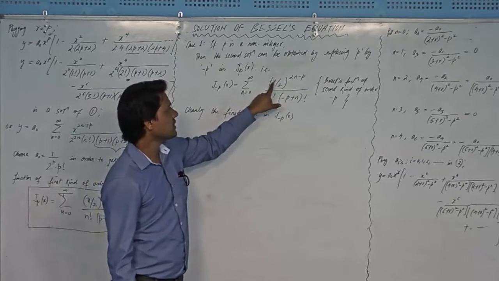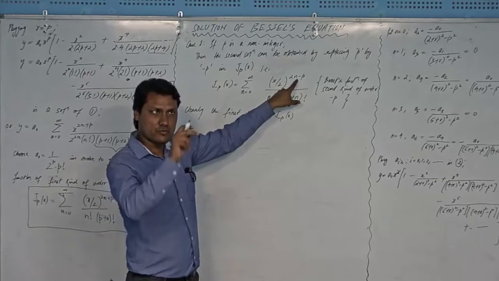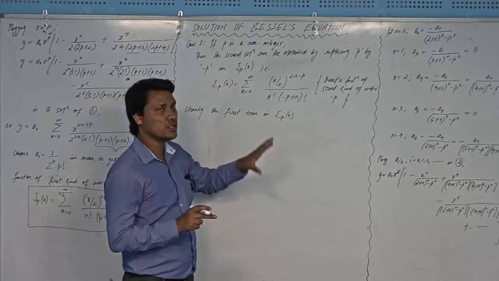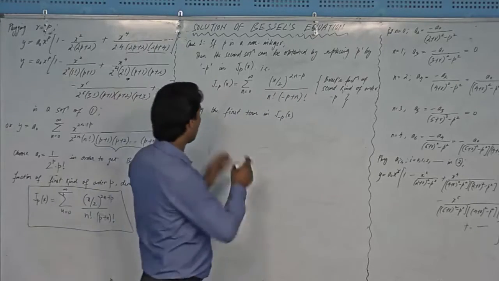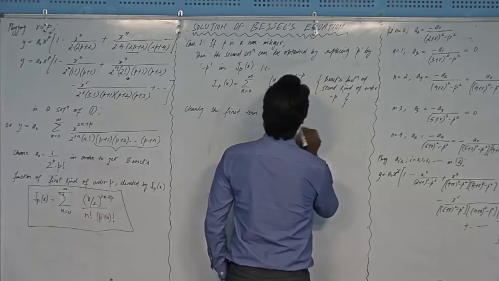If you put n equal to 0, you will get x to the power minus p. That is sufficient. So x to the power is minus p. You have to write it as 1 by x to the power p. And if you put x equal to 0 there, you will get infinity, right? So clearly the first term in J minus p x is, I will write that first term, that will be